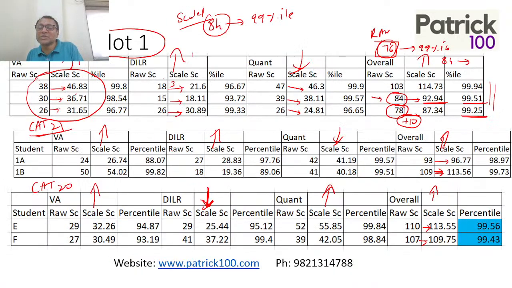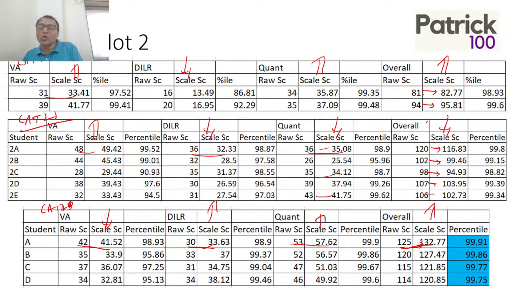I'm just giving an example. Slot 1, every year there has been scaling up. Plus 10, here there has been scaling up to almost plus 4. Here there has been scaling up to almost plus 2, plus 3. In slot 2, there has been scaling up in 2 years and scaling down in 1 year. So here the scaling up was almost 1, 2 marks. Here the scaling down was almost 2 to 3 marks. Whereas here the scaling up was almost 6 to 7 marks.